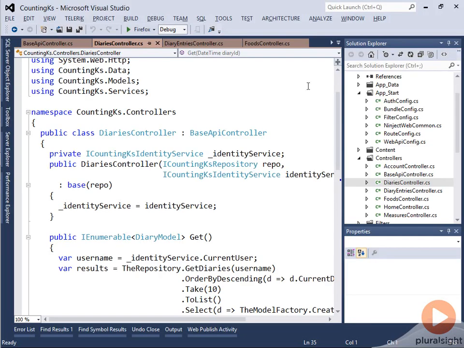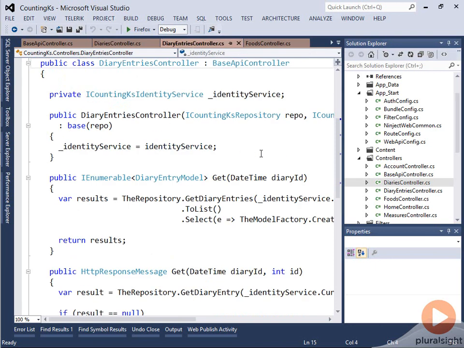So next, let's implement post. Now back in Visual Studio, we can see a new type of controller that was created off screen, the Diary Entries Controller. Not surprisingly, this is a controller for the diary entries themselves. We created this without showing you the actual code because it was just duplicative with what we've done in other